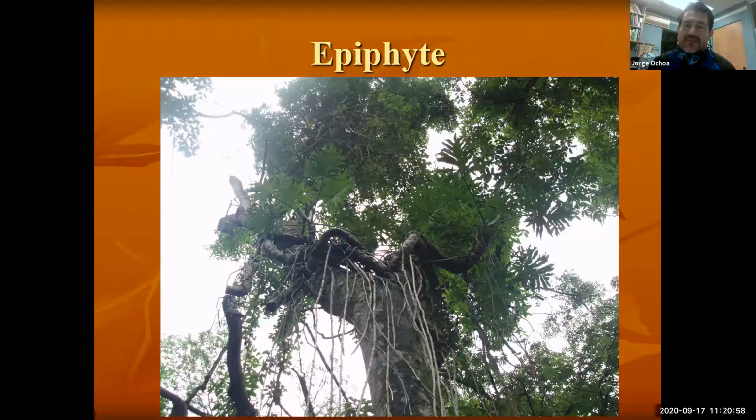So these are plants that grow on top of other plants, and usually it's going to be trees. Now, they are not parasites because they are not really taking any resources from the plant. They're not connecting to the vascular system. They're not stealing anything. They're just hitching a ride, just piggybacking on the limbs and branches